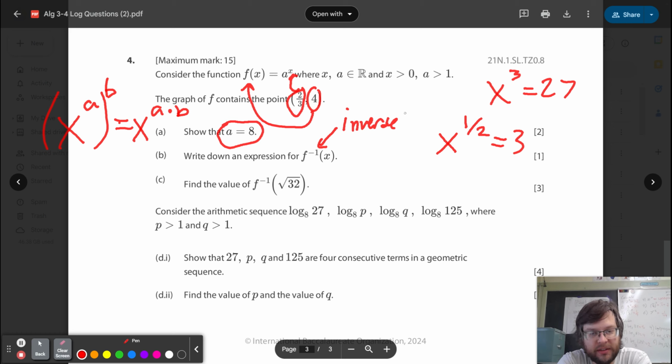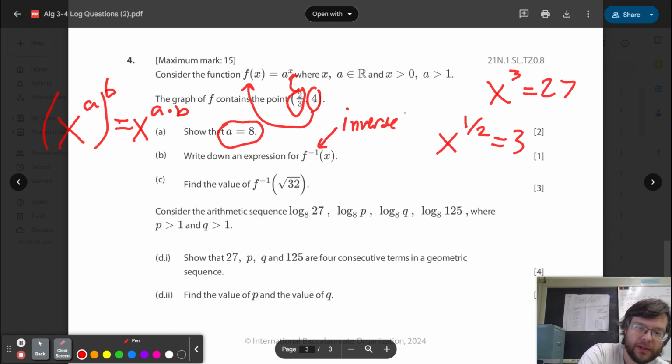And then we're asked to find the value of f inverse of square root of 32. So you have your inverse expression, and you're plugging in the square root of 32 into it. Okay? Then next one asks us to consider the arithmetic sequence. And what's sort of weird about this question here is it doesn't even seem to be super related to the other one. So what I'll show you is that when you have an arithmetic sequence,